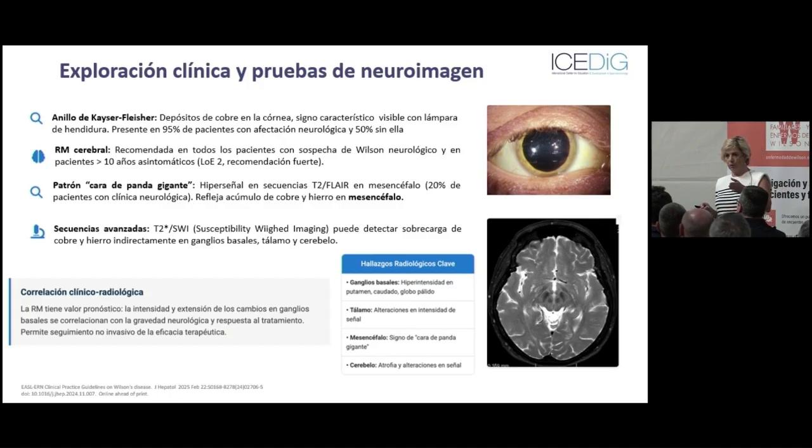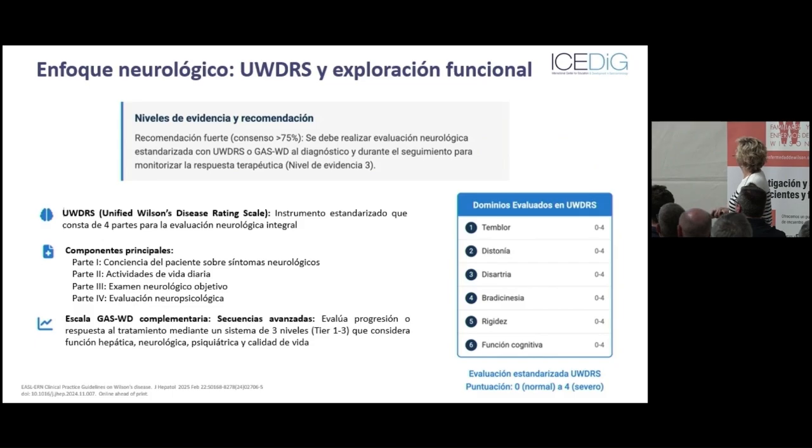And this is a new brain MRI to all patients. Of course, if there's neurologic involvement, and in the absence of the latter, the brain MRI is also mandatory, and after the age of 10, it has to be done. And this is the giant panda face pattern, which is very characteristic, and you can see this in the thalamus and the midbrain, and it has prognostic value. If you look at this, it's important also to know if the treatment is proving successful,